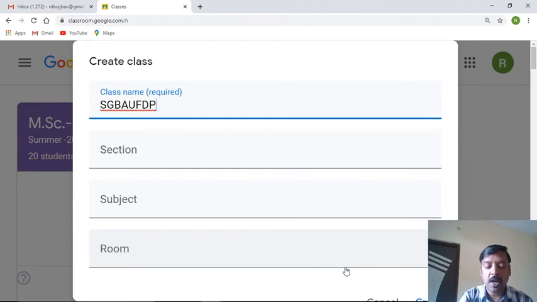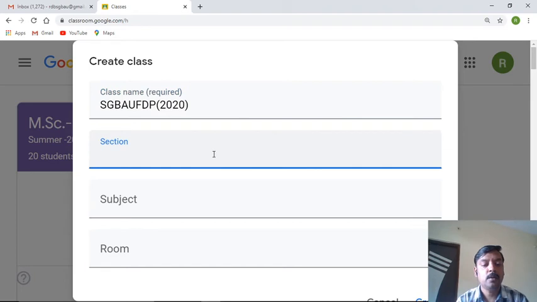In addition to that, I will make it 2020. Again, I am suggesting, of course you can make it on your own, but as far as possible, whenever you create a class for Google, in place of a class name you can write your year also. Just like you might have seen, here I have created my classrooms, and within that I have written MSc second year 2019-20. From that you can directly get an idea that this is the classroom you have created for the MSc second year batch and for the session 19-20. Okay, so I have created it.